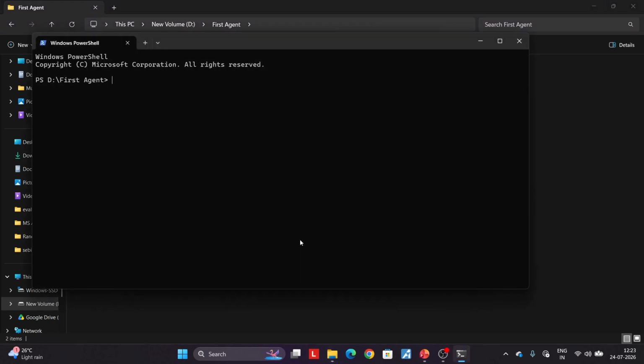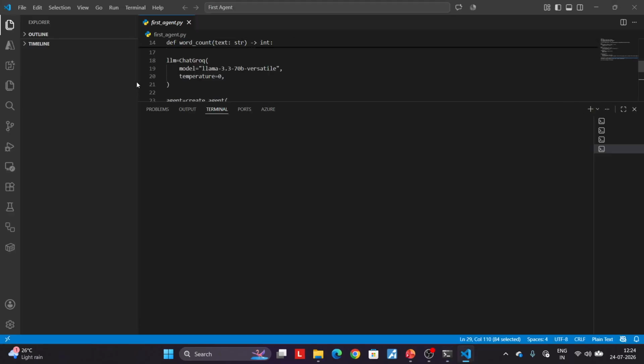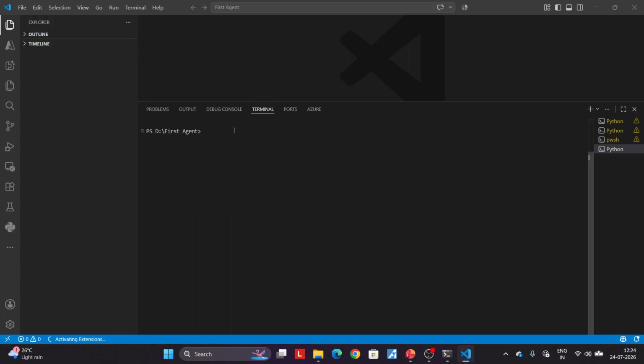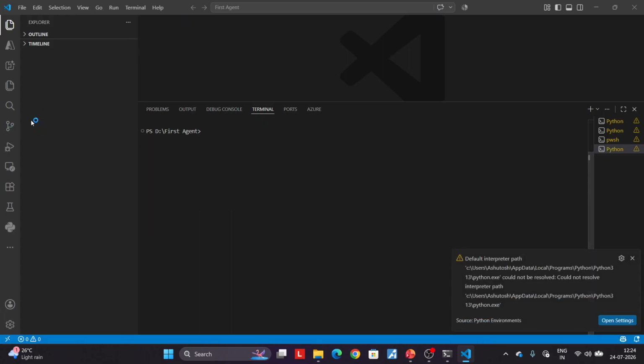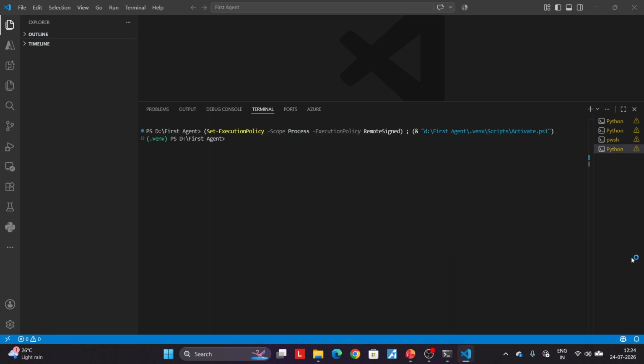It will open Windows PowerShell and here you can see the name of the drive in which the folder is and the folder name. Now type here the command code space dot and press enter. This will launch VS Code if it is already installed in your system. As you can see, VS Code is now open and here we have to do a few important